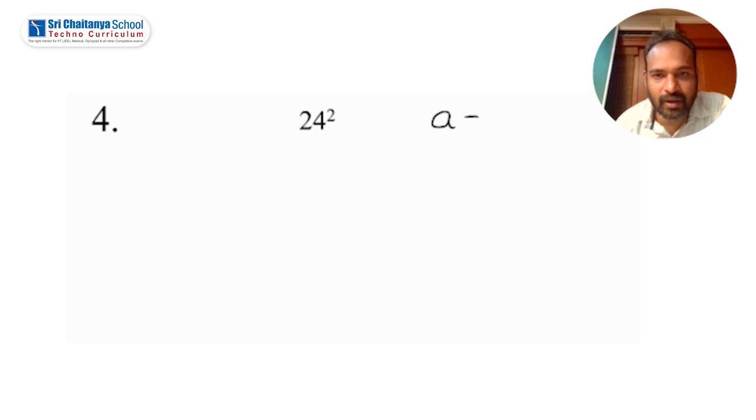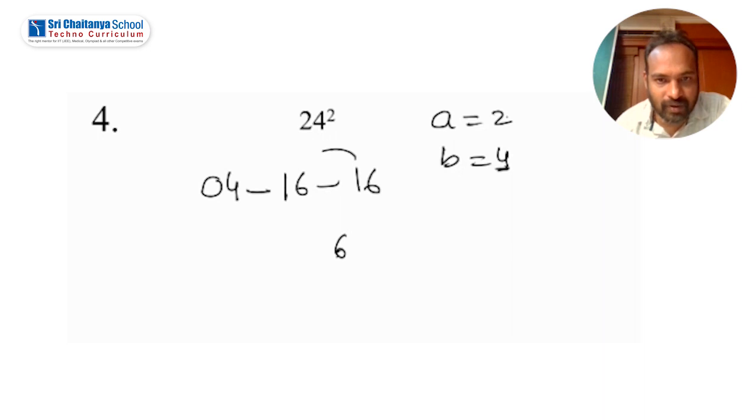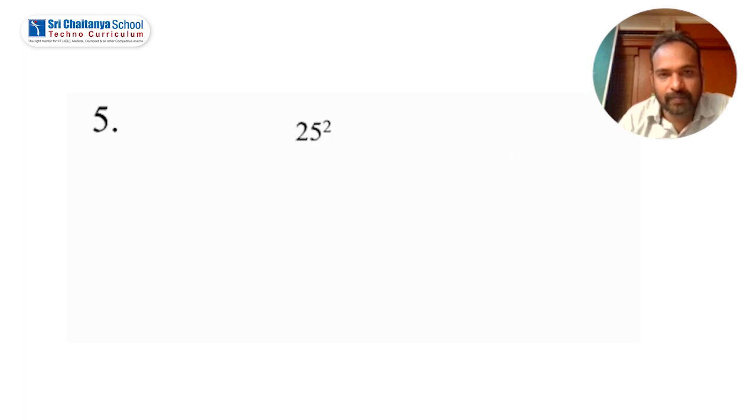Here, what's the value of A here? 2. What's the value of B here? 4. So A square means 4. 2AB, 2 into 2, 4, 4 into 4, 16. Again, B square, 4 square, which is 16 because B value is 4. 6. Now do the balancing. You'll get 6 here and this 1 will carry forward. 16 plus 1 is how much? 17. This 7 will appear here and 1 will get carried forward. So 1 plus 4 is how much? 5. So the answer is 576.